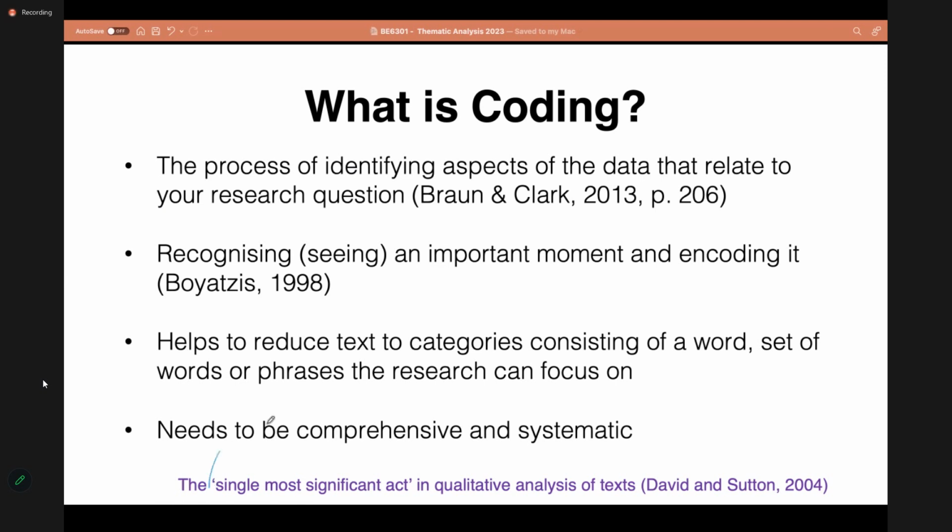This coding is known as the most significant act in the qualitative analysis process. And we have to do this in a very comprehensive and systematic way in order to capture all the important ideas mentioned by our interviewees.